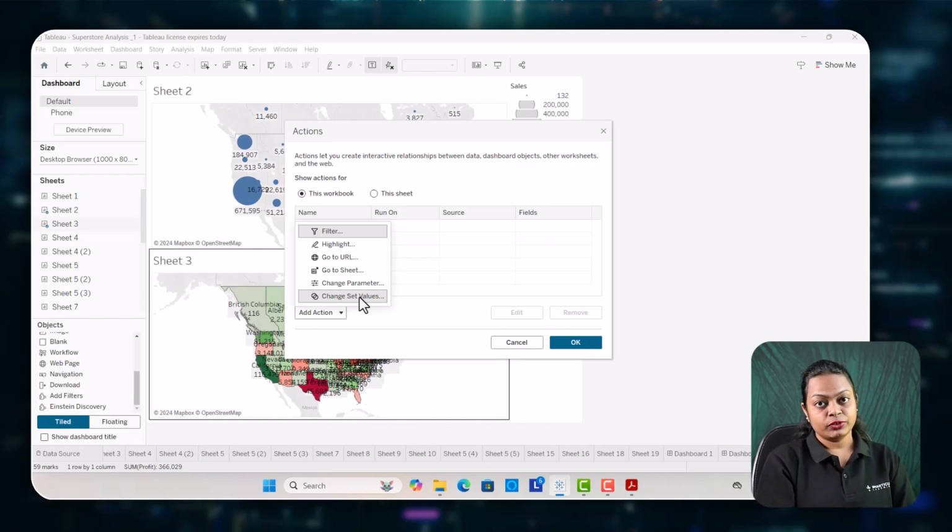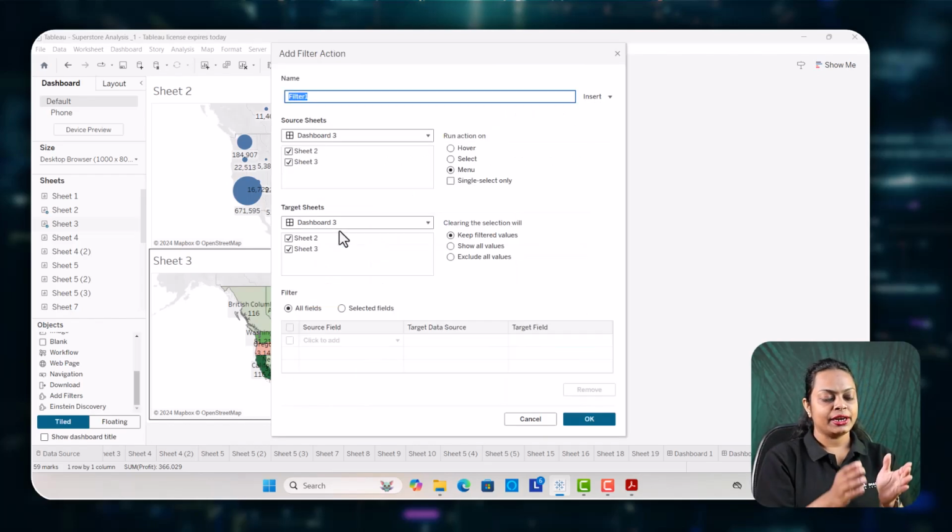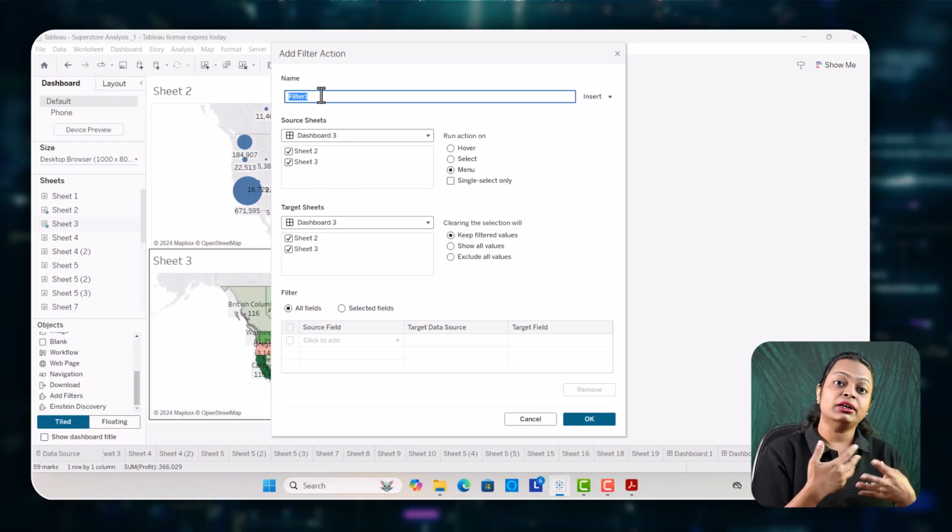Let's try out the very first one, which is the filter action, and you will get a hang of it. So let me select the filter action here, and it gives me this add filter action dialog box. Now this is where it is asking me to pass a name in order to give it a meaningful name. When you have multiple filter actions that you're associating, you would like to give meaningful names here, but for now I am fine with the name that has been provided, which is filter 1, because this will be the only filter action that I'll associate onto my